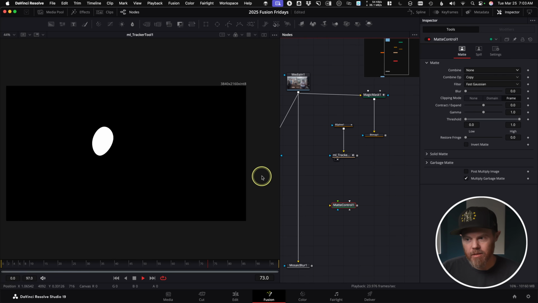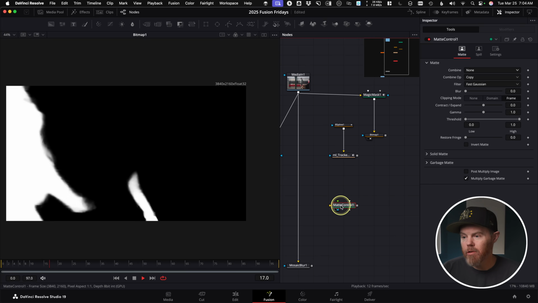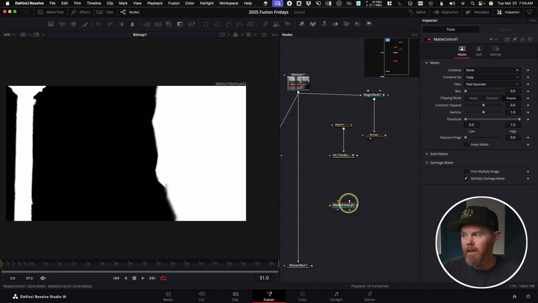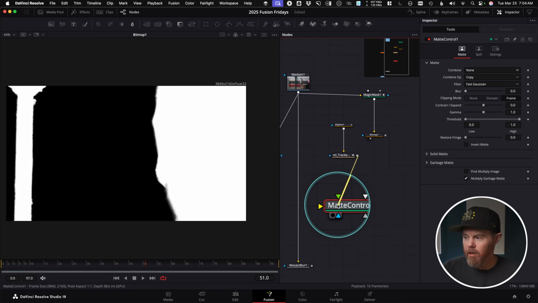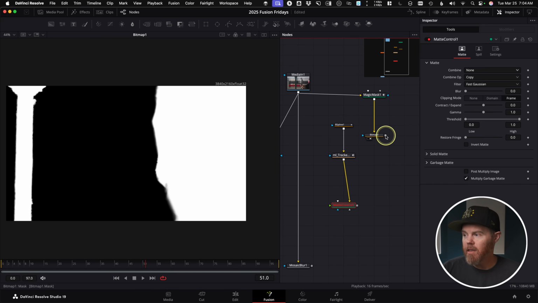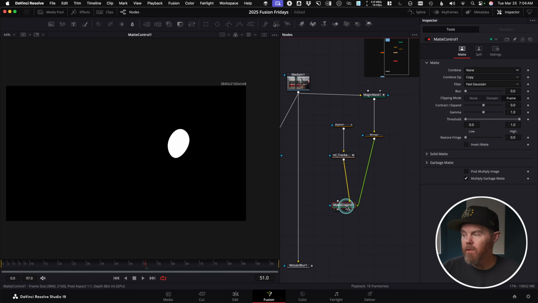So here's our stabilized rotoscope spline, and we've got our Magic Mask spline. We're going to use the Matte Control to combine these two. How do we do that? Really, really simple. We're going to take the output of the B spline, feed that directly into the background input of Matte Control, and then we'll take the output of the bitmap from the Magic Mask, the AI rotoscope version, and we'll plug that into the foreground of the Matte Control,